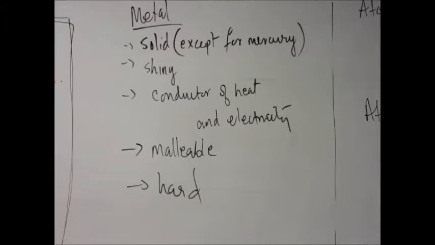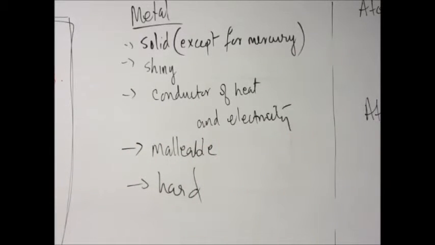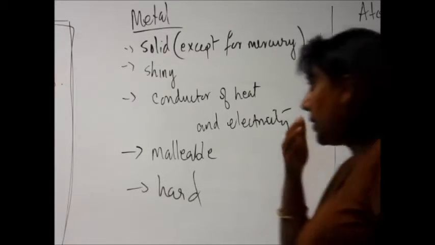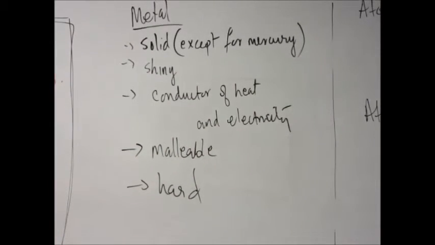Which means metalloids that fall in the middle will have both of these properties. Sometimes it's very hard to distinguish whether you have a metal or a non-metal. So it behaves differently, and sometimes aluminum will behave like that too. It can behave both ways, as a metal and as a non-metal. So it does conduct electricity, is shiny and all that stuff, but then sometimes it will do different things.